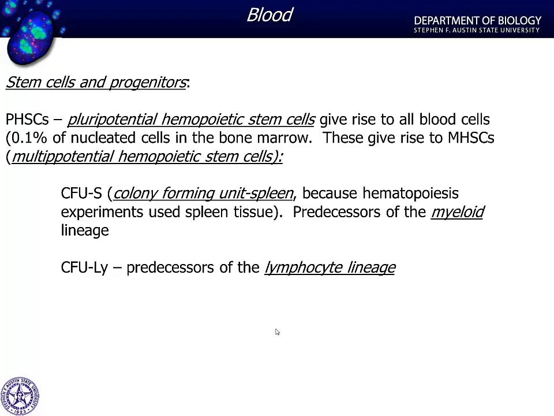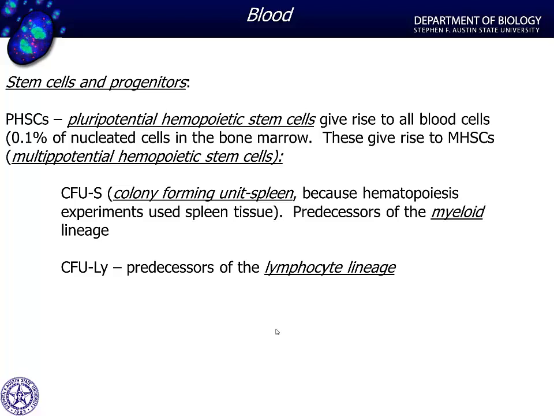Now, as we look at the bone marrow, we're going to have a lot of cells that we refer to as stem cells, but we're going to categorize them based on their potential to become a number of different cell types. And so we have these PHSC type of stem cells that we find, and these are going to be pluripotential hematopoietic stem cells. And these PHSCs can give rise to all blood cell types. So pluripotential means that it has a number of cells that it can give rise to and become. And when we look in the bone marrow, only 0.1% of nucleated cells there are going to be these pluripotential